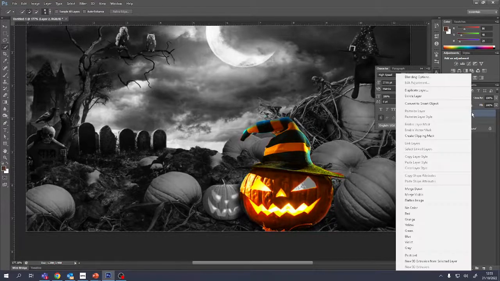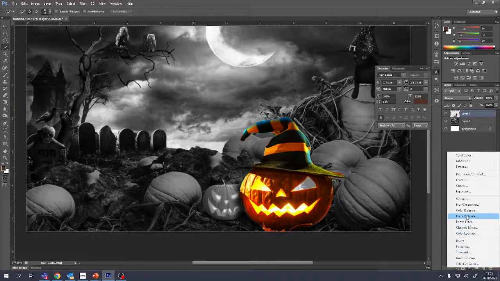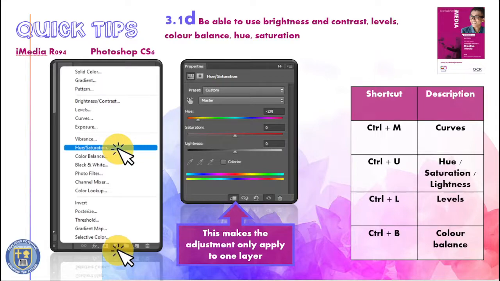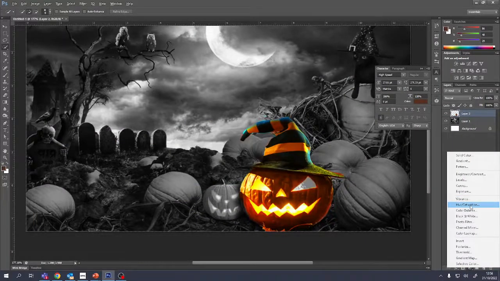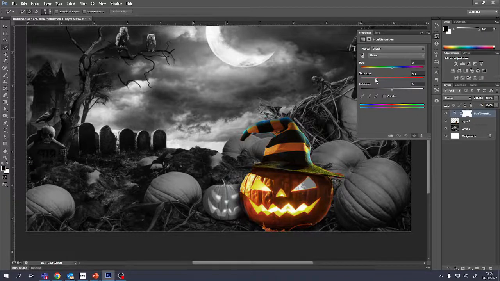There are more ones to play around with. You can click an adjustment layer on here. Oops, wrong one, sorry. Let's have an adjustment layer. You can play around with these ones: hue, saturation, colour balance, vibrance, etc. But the downside of doing these compared to the keyboard shortcuts that I've just told you are as follows. Let me show you. If I do hue and saturation here and change the saturation right up,